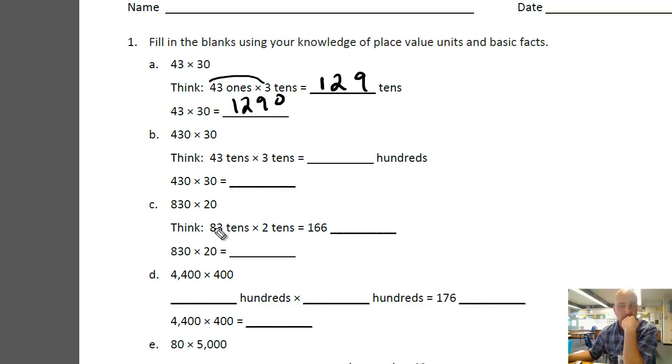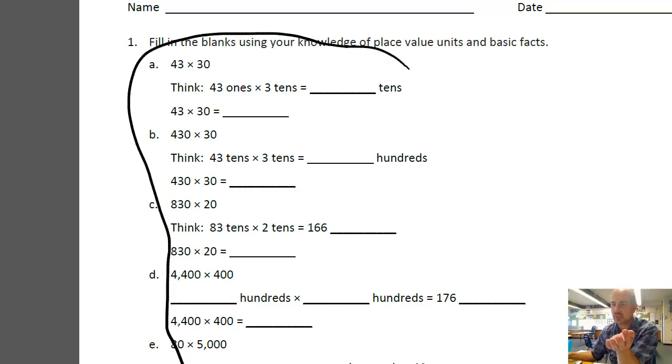I have the same thing here. What they're basically saying is, hey, can you split these things out? What does this represent? 43. It's 43 what? It's 43 tens. And this is 3 tens. And 10 times 10, well, that equals my hundreds, right? So now I'm just really focused on that. And it's ultimately doing the same type of process that we were doing here. So don't let yourself get distracted by this. I know sometimes my students